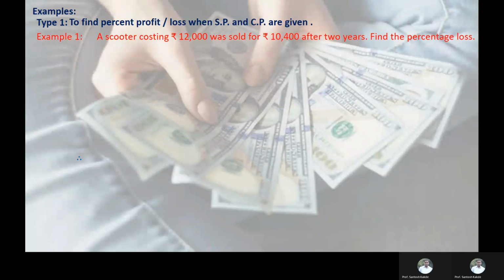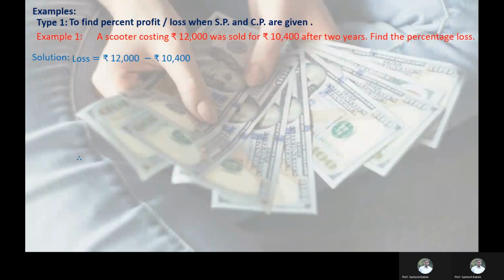How many years? 2 years. Now find the percentage loss. We have to find the percentage loss. Now we have to find the solution of this problem. Solution: loss is equal to